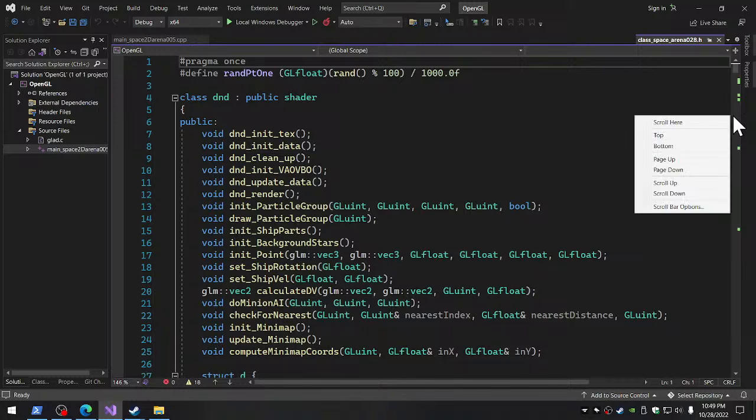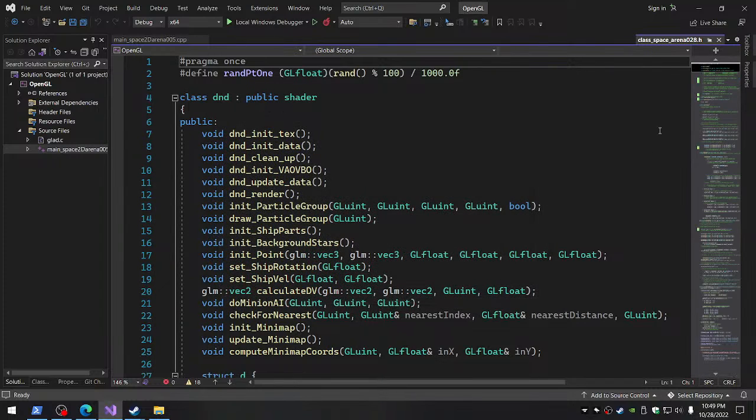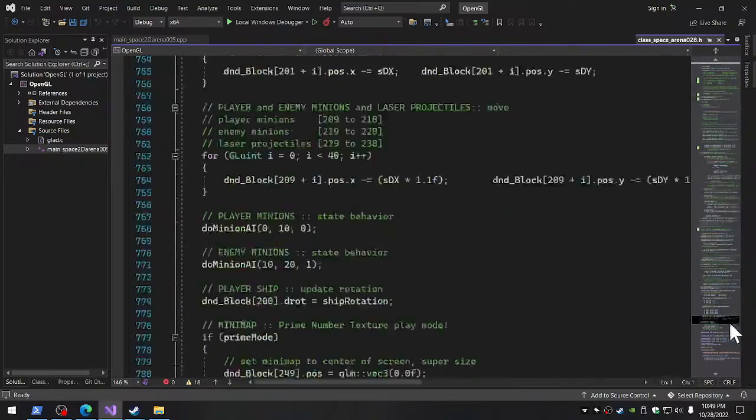Can we also, how do you scroll bar options? I want the, where's the thinger? Use bar mode, map mode, source overview, wide. That's what I want, thank you. Okay, so where's the,